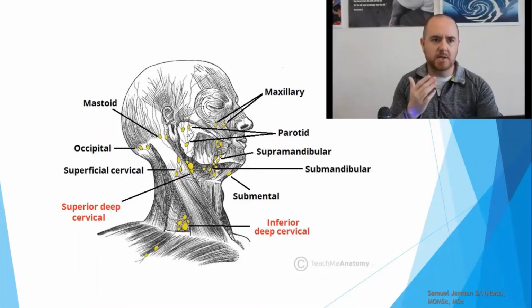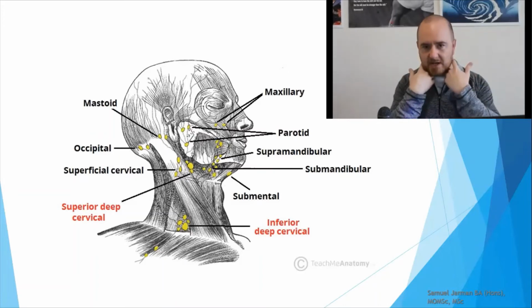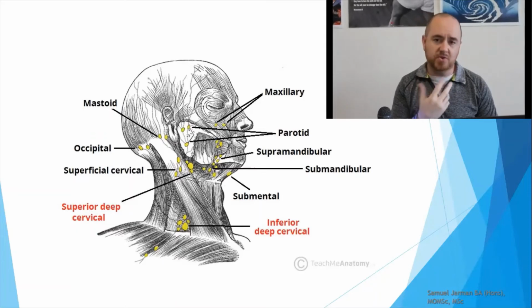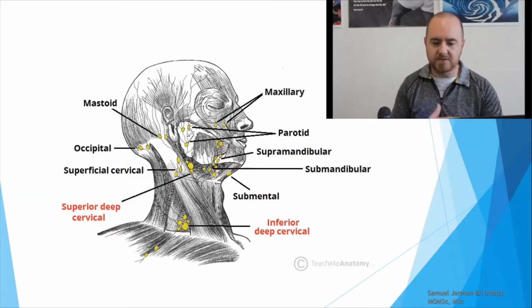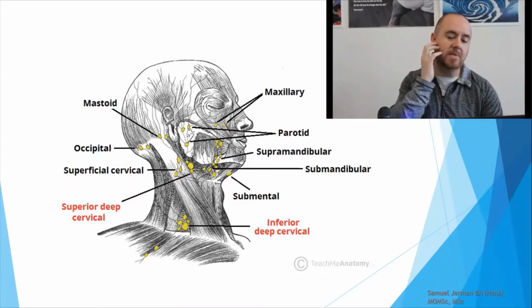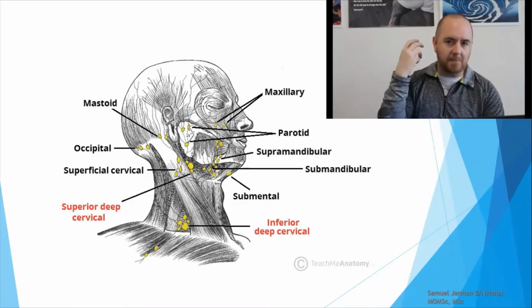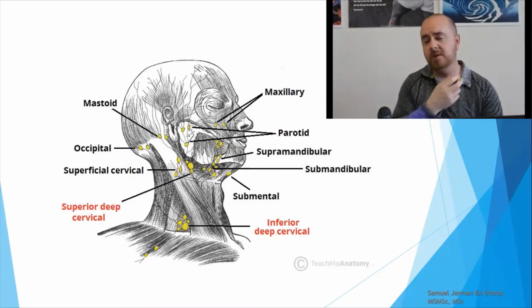But again, the consistent highlights: mandible, SCM, and in this case we add in the hyoid musculature, so supra and infrahyoid musculature, but that is where you're going to see the lymphatic drainage or have some mechanical relationship to impacting the lymphatic drainage. So you're basically following the lines of the bones. You're looking at the SCM, and then again, posteriorly, it's still aiming for the same place. It's still trying to get into the thoracic duct and the right lymphatic duct. That's essentially where this is all trying to go.